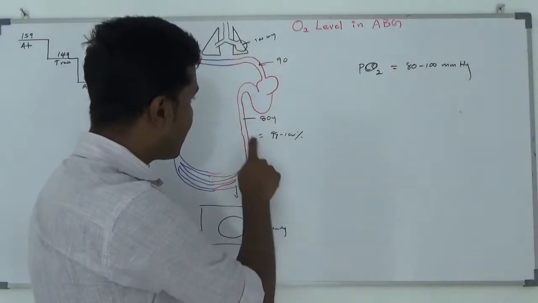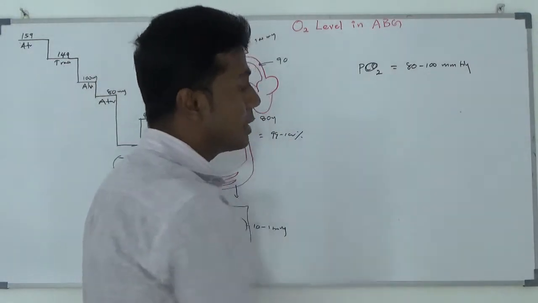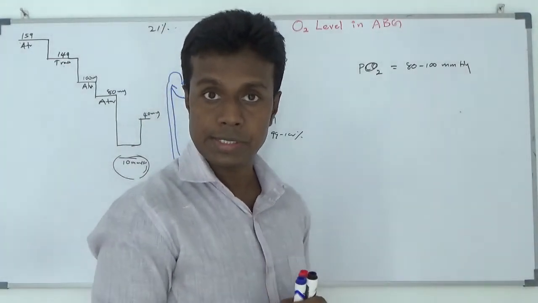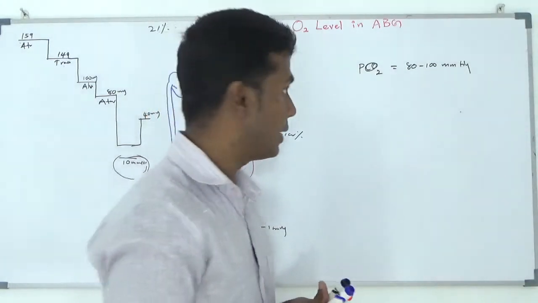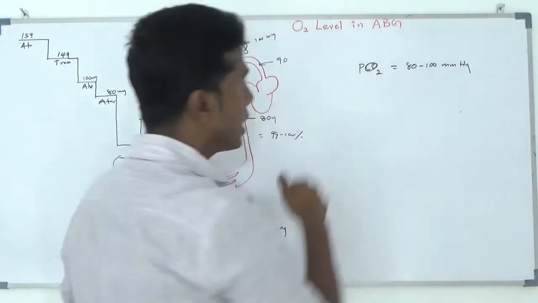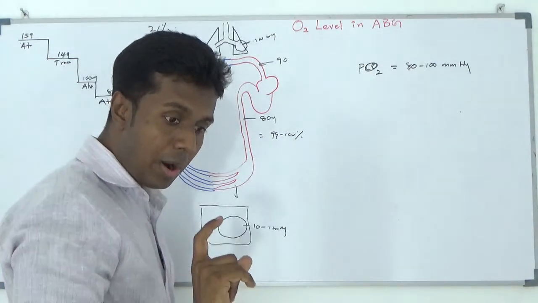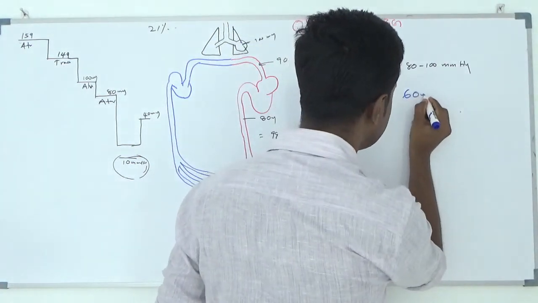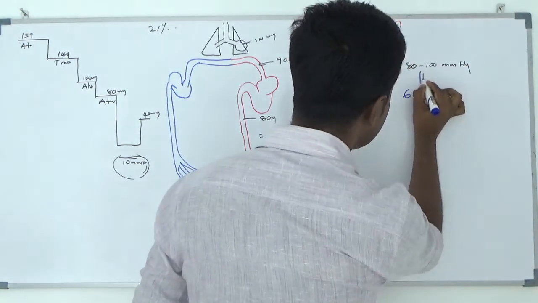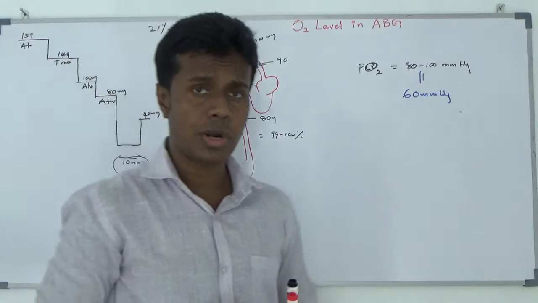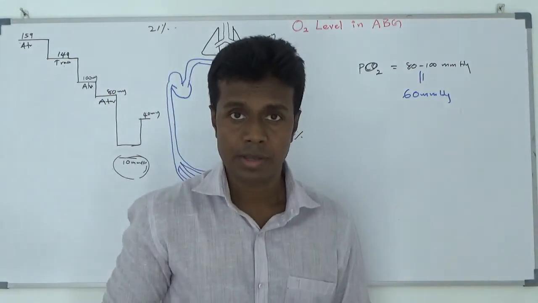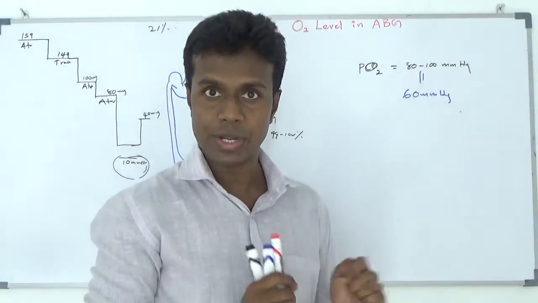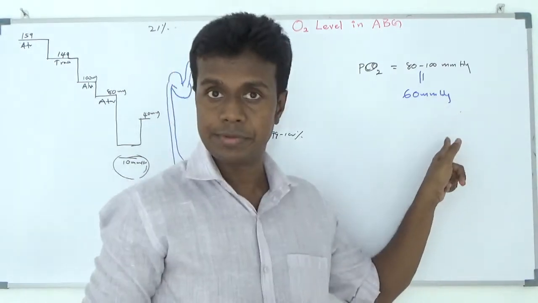What I did is, I took blood from the arterial side. I found that the partial pressure was 80 to 100 millimeter mercury. The commonly encountered problem in critically ill patients is low partial pressure of oxygen in arterial blood. They define low arterial partial pressure of oxygen as less than 60 millimeter mercury. But my value is 80 to 100. The normal value should be 80 to 100, but they define it as 60. They say once it becomes less than 60, you have to take action. You have to take it seriously once it is less than 60.